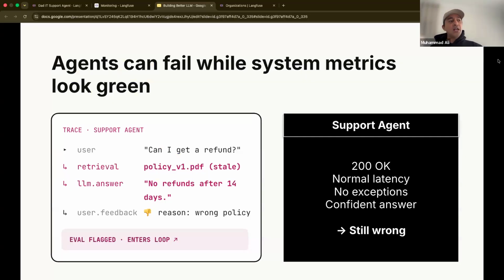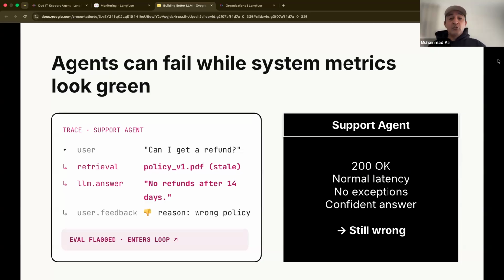So why do we need LLM observability, and why can't we do it with the existing tools? Now, application observability solves a slightly different problem, which is the health of the application operation, whereas LLM observability adds a new dimension: health and quality of the application. I will emphasize the quality, because you really need to make sure what the LLM is outputting is actually correct. For example, here we are seeing a support agent, which has a bunch of tools to help its users.